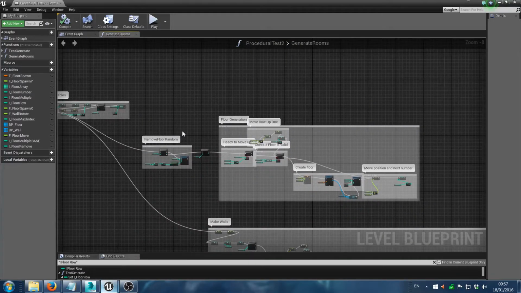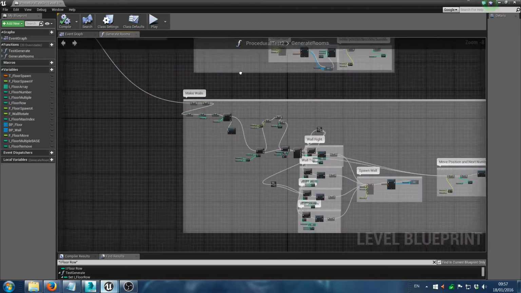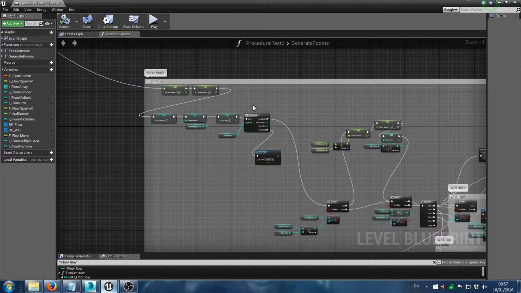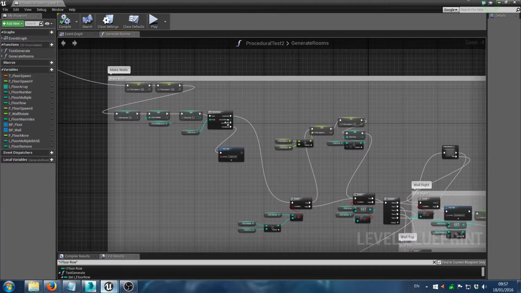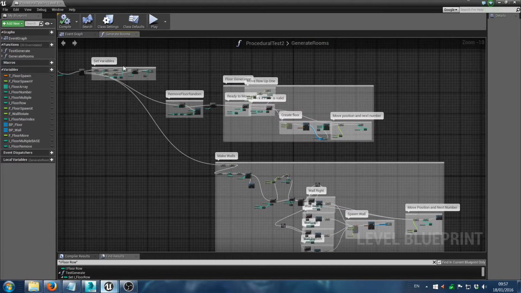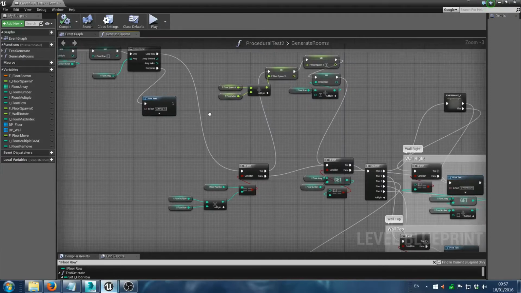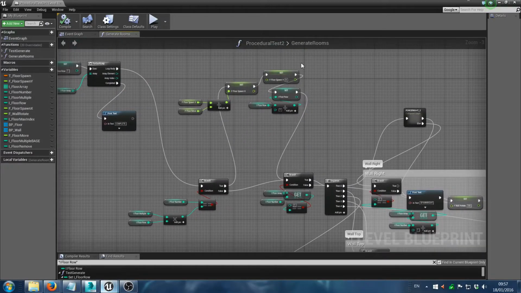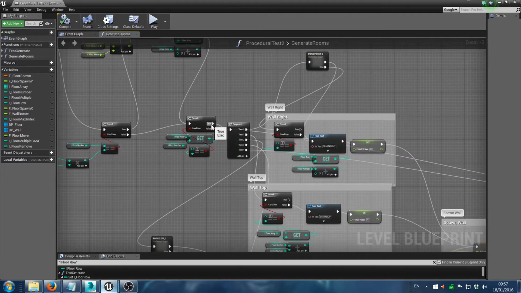So once it's completed all of the floor pieces and checked everything, it's going to create the walls. We're going to reset the variables so we can reuse those, and then it's going to run a loop based on the amount of elements within this array. It does the same thing as before. This is just to check whether to move up a row, and it's going to start at 0, 0, the